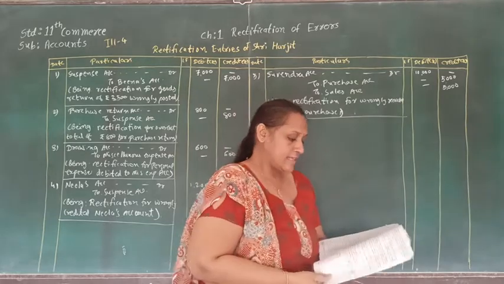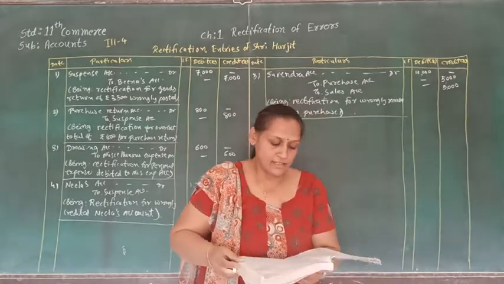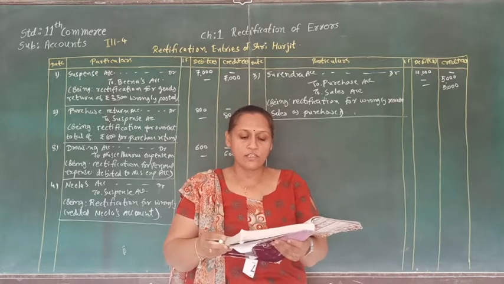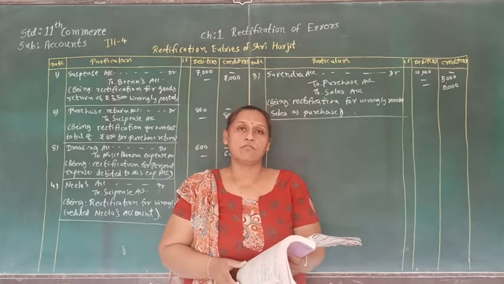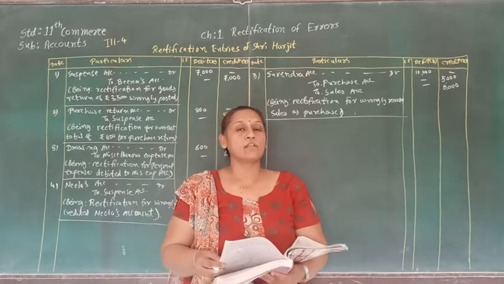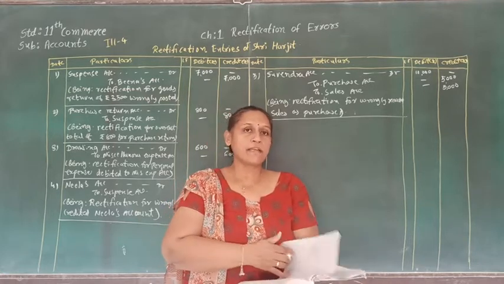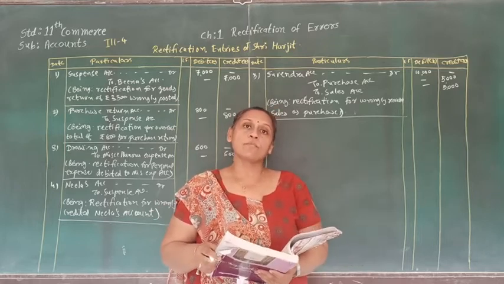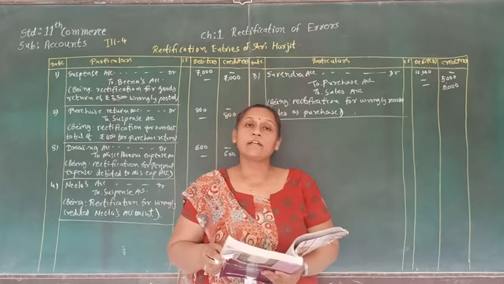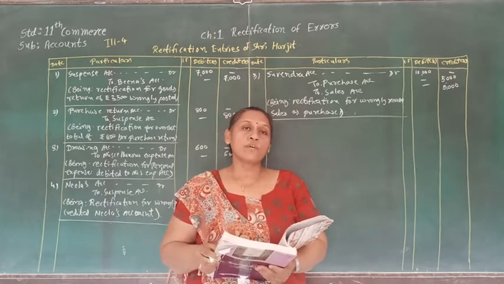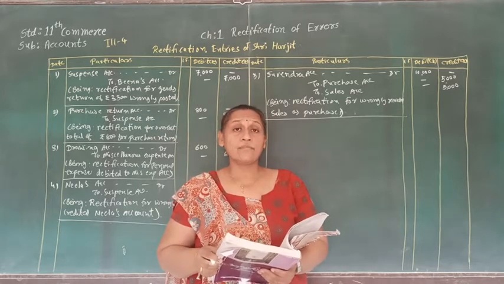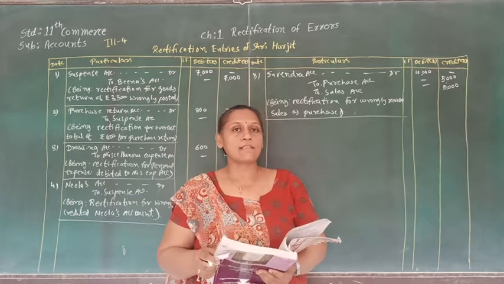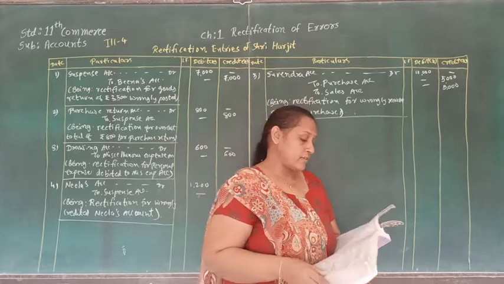Now let's see the last transaction, that is rupees 6,000 paid to Esa for repayment of loan is not posted in her account. So here the posting is omitted. So when we are paying, Esa's loan account is supposed to be debited, and here it is not done. So here a rectification entry will be: Esa's loan account debit to suspense account. Let's pass that rectification entry.